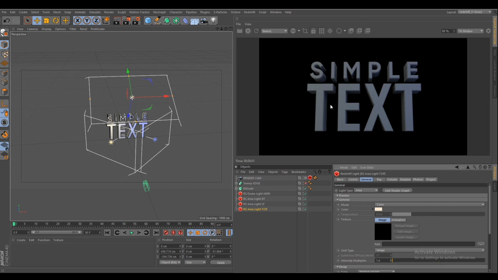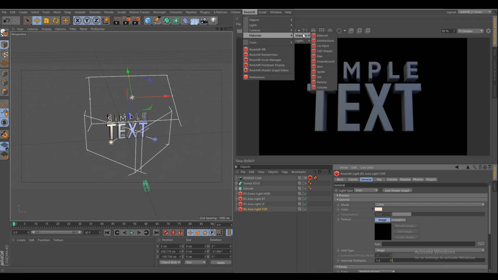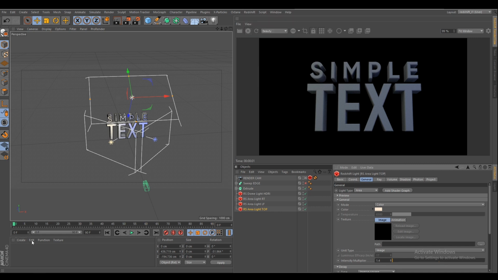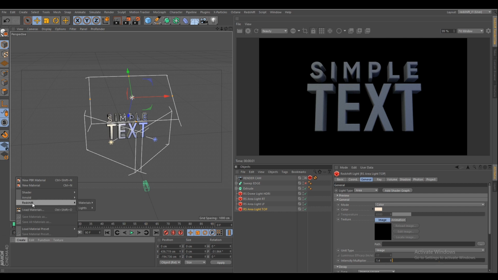But here, as you can see, I'm clicking, but there is nothing, no option pops up. So for creating materials, you need to go to Redshift tab, material, then material. Otherwise, go to create in this material window, go to Redshift, material, and for this project I'm using Carpaint because I just want a glossy finish texture, and it is just default Carpaint with Redshift.